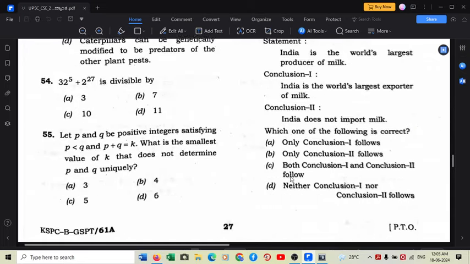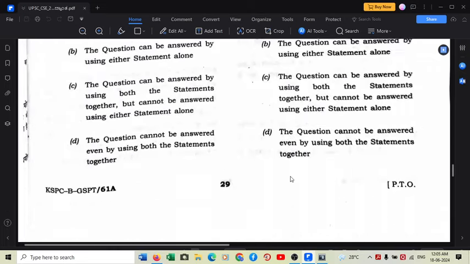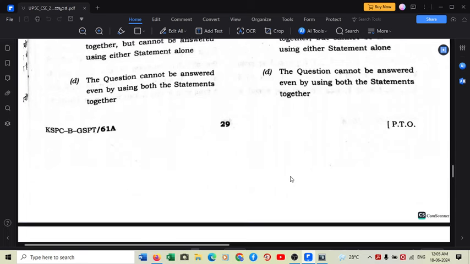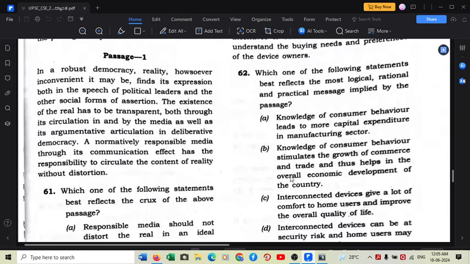Okay, so we'll move to another passage. The questions on the subsequent two pages are basically about mental ability and logical reasoning. So question number 61, the passage is: in a robust democracy, reality, howsoever inconvenient it may be, finds its expression